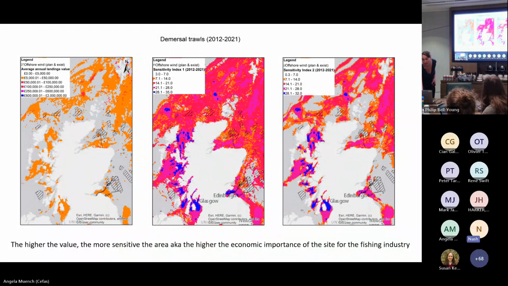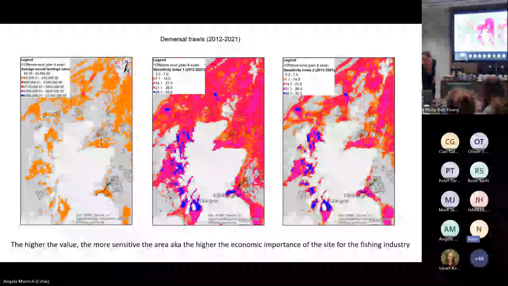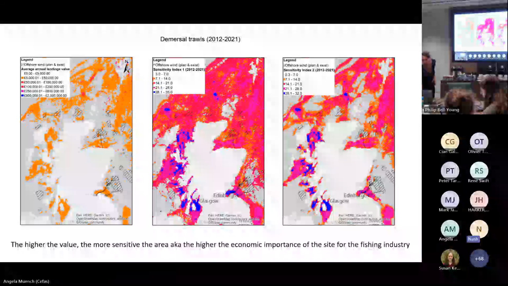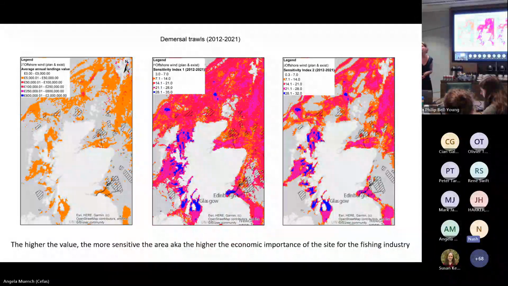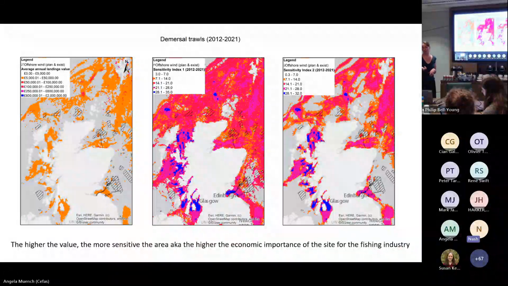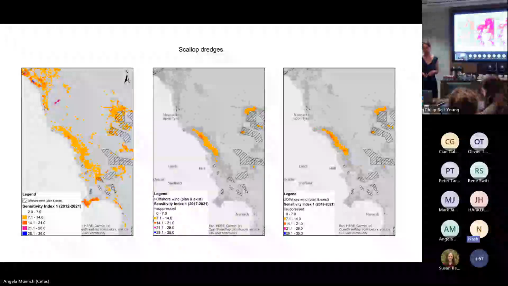However, using the indicators, you're adding more areas to it, areas which hadn't come out before as important to the fishing fleet. You can see here the whole western coast of Scotland is now classified as sensitive for fishing. It doesn't matter which setup you're using for most of it. It matters a little bit for the other groups.